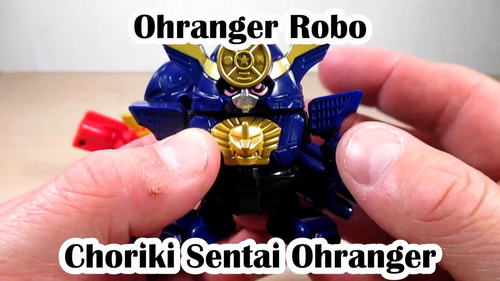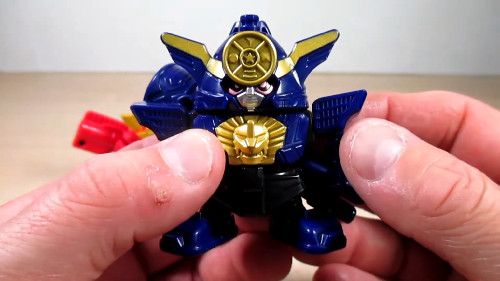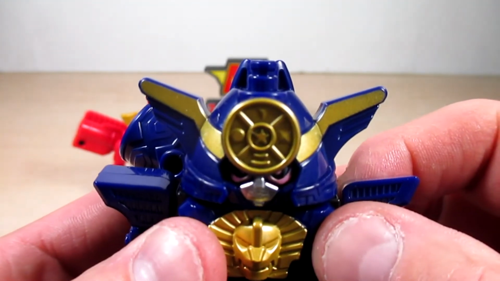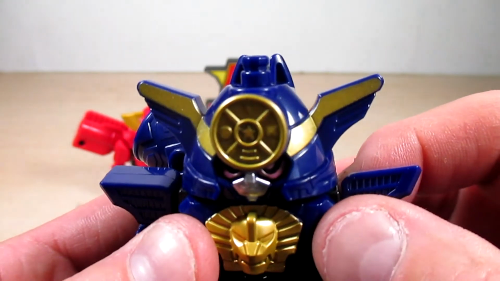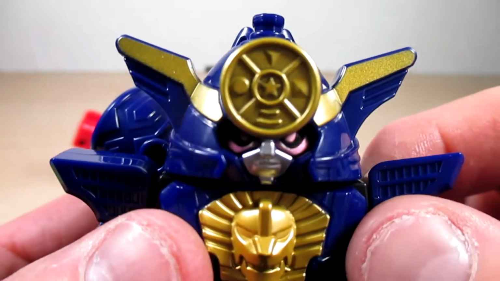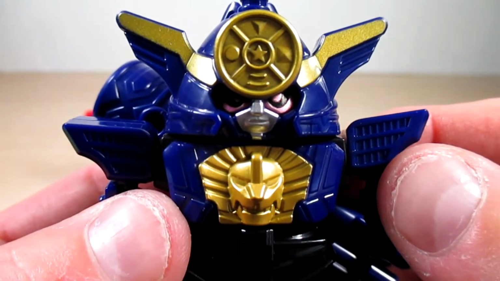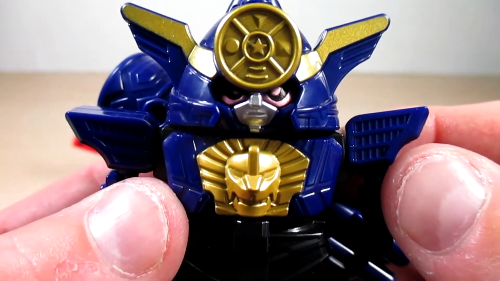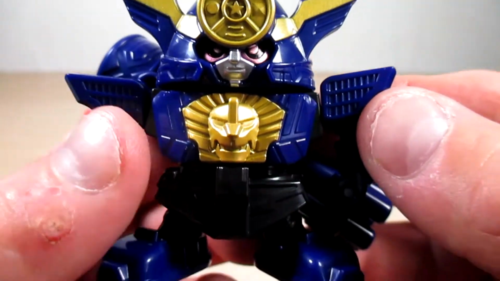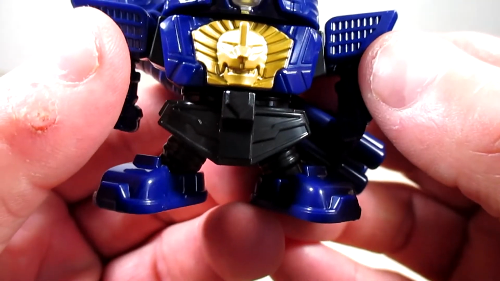and of course you can tell by the head crest and the body section, and his main color is of course navy. Got some nice gold on the head crest and the Ohranger emblem in gold as well. You can see the eyes in pink, and then on the chest got the head and mane of Dash Leon in a nice gold there, and you can see the torso area in black there, and then the feet in